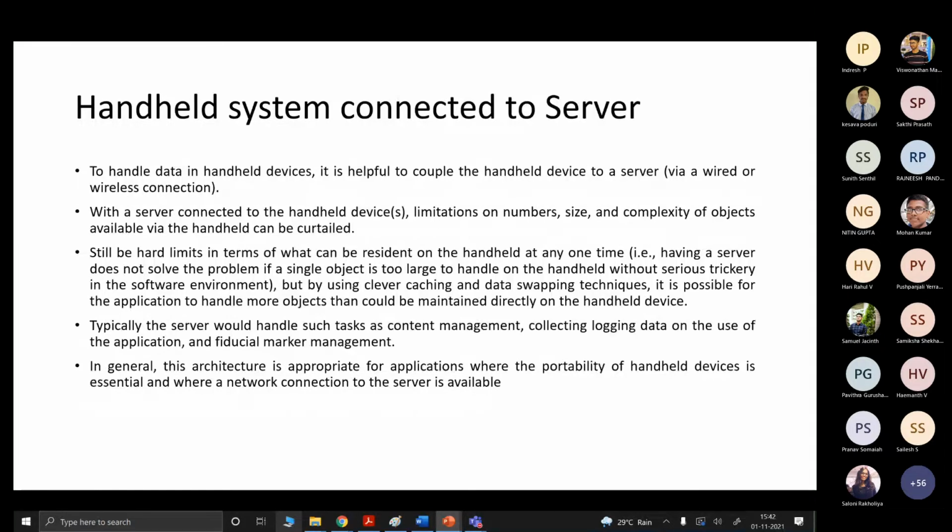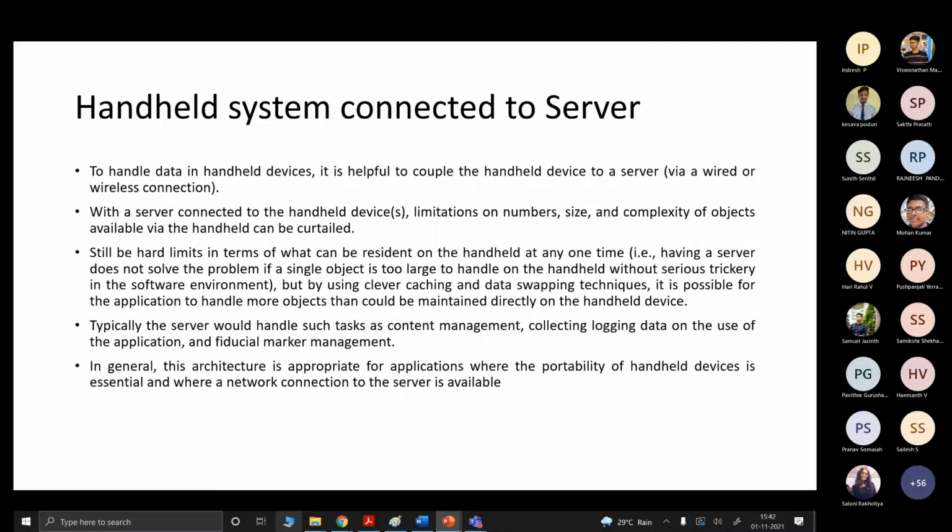But the second system is a handheld system connected with a server. Obviously it requires an internet connection, because it will be connected with a remote server. To handle data in handheld devices, it is helpful to couple the handheld devices to the server, with either a wired or wireless connection. With the server connected to the handheld devices, the limitations of number, size, and complexity of objects available via handheld devices can be overcome.